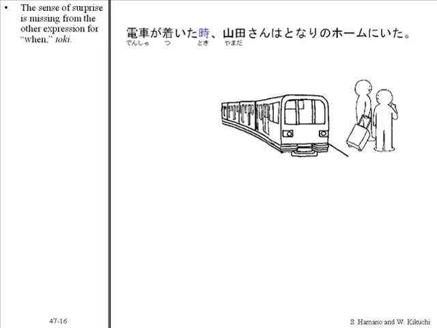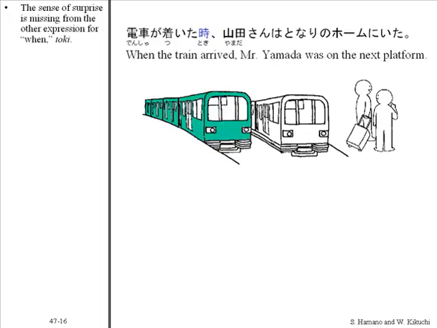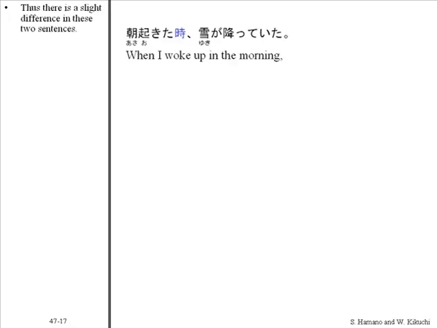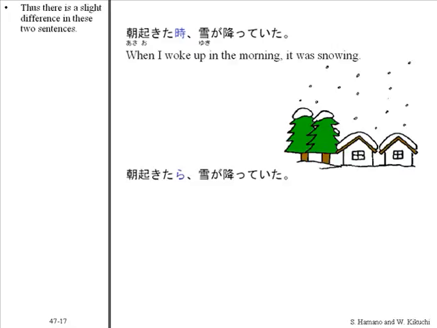電車が着いたとき、山田さんは隣のホームにいた。This sentence conveys in a matter-of-fact way that the condition described in the main clause existed at the time when the subordinate clause event took place. Thus, there is a slight difference in these two sentences. 朝起きたとき、雪が降っていた。朝起きたら雪が降っていた。